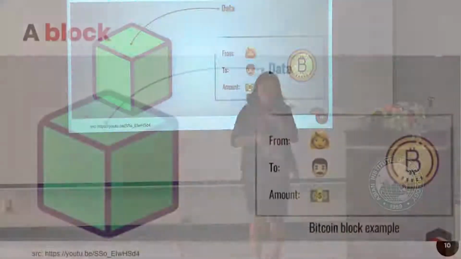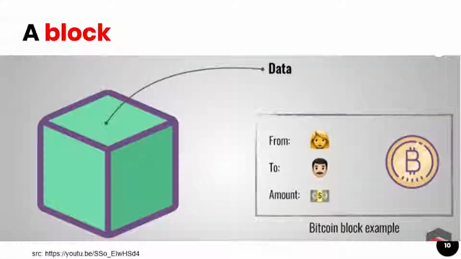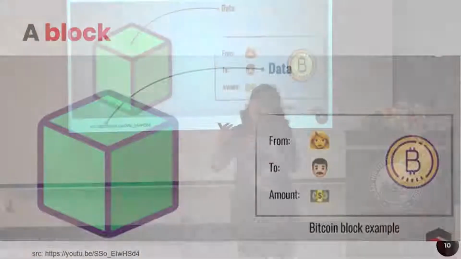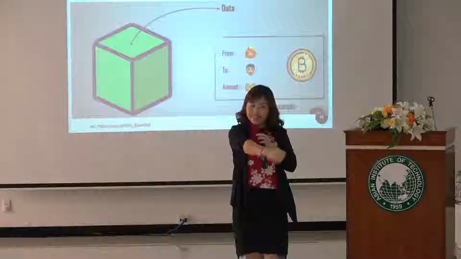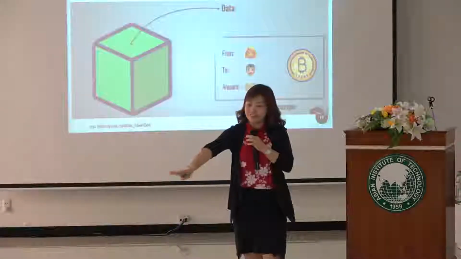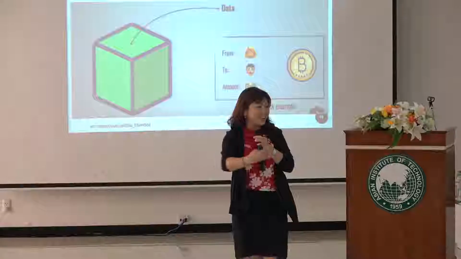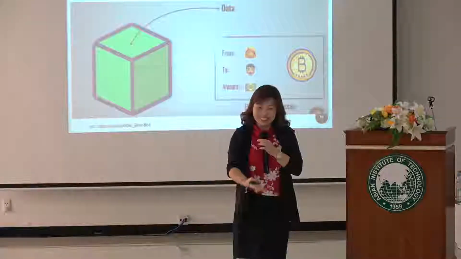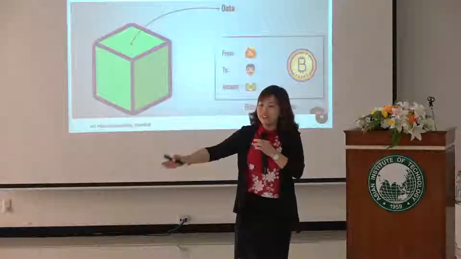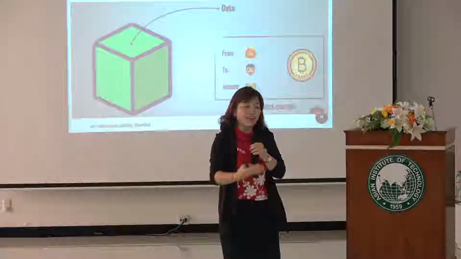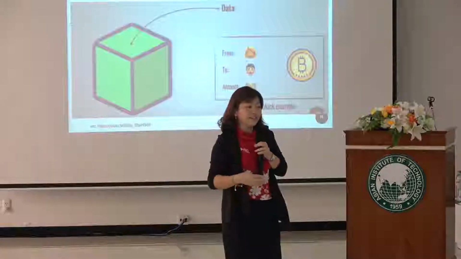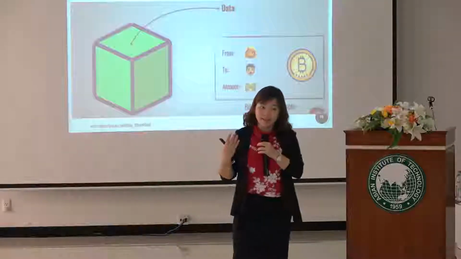The first component that is stored in the block actually could be any data. You can use blockchain to store any data, whether it is your transcript, your grade result. Because then, professor, you give me an A and 100% score for this course. You cannot change it for the whole rest of your life. That should be the case, right? You get the grade. Nobody can change it. It should be like that. So things that you don't want to be changed or tampered with, and we need to really rely on the correctness of the data, can be stored. Not only financial data.